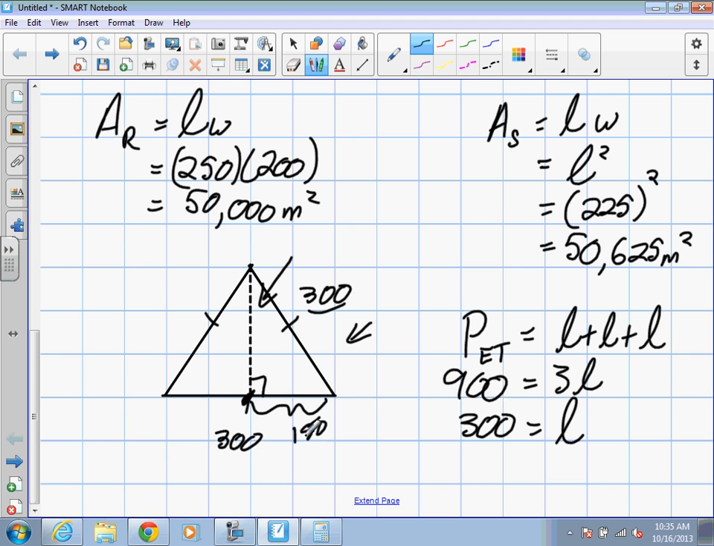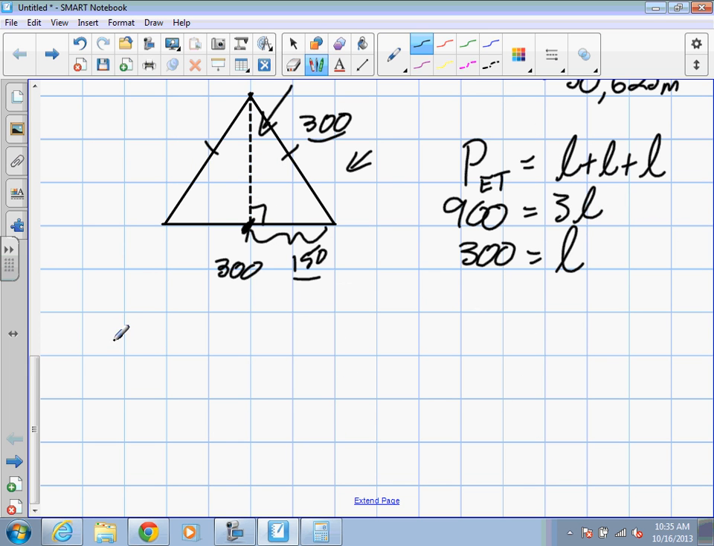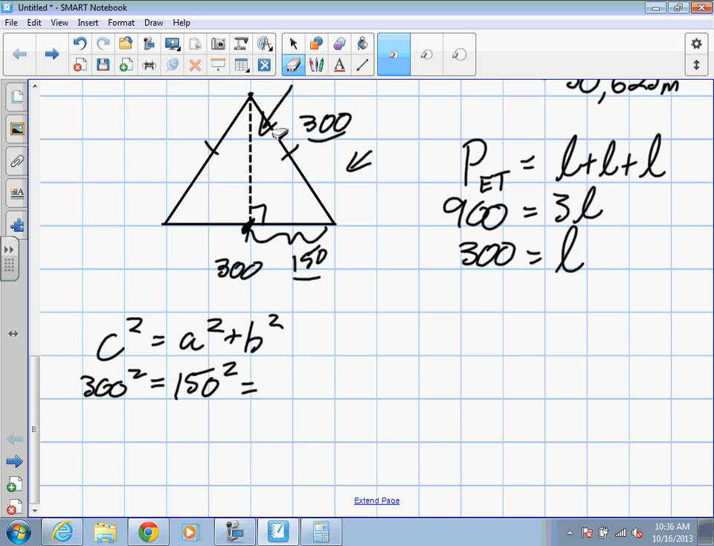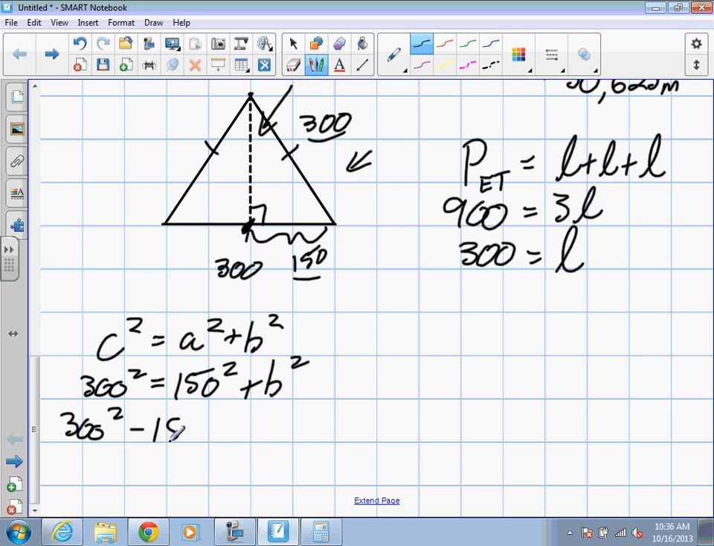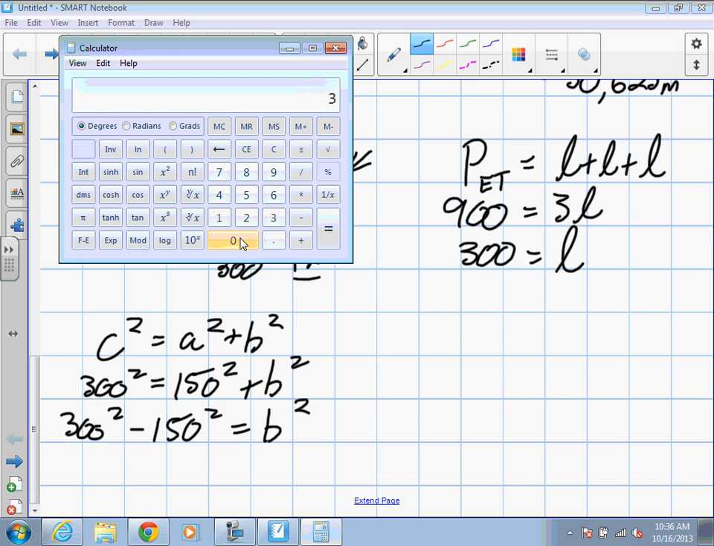So let's use Pythagoras. We know that c squared is equal to a squared plus b squared. Okay. And in this case, we have c. C is 300. We'll say a is 150, and b is what we're trying to figure out. Oops. Should be a minus. So this ends up being 300 squared, subtract 150 squared, is equal to b squared. Let's work that out in the calculator. We have 300 squared, subtract 150 squared, which is equal to